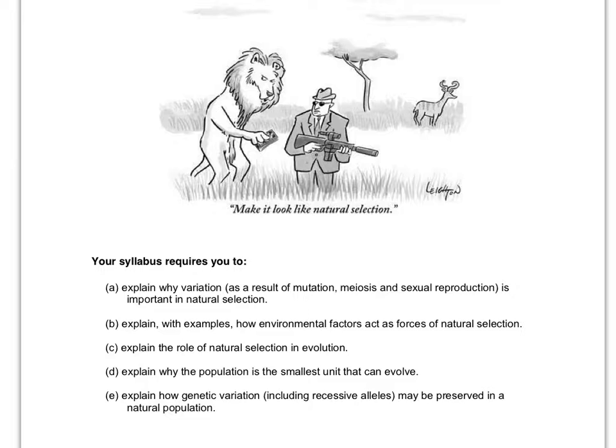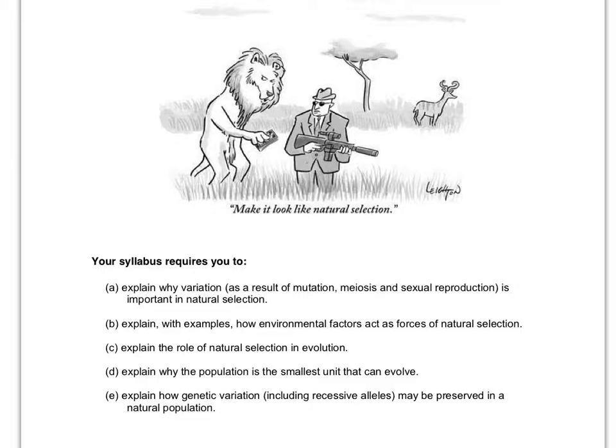But under natural selection, I think there will be a bit more detail and a bit more integration with genetics when you do it at the JC level. So you can look at the learning objectives. This is the first part of evolution. There is a second part, which will probably be done only after your promos. For this part,